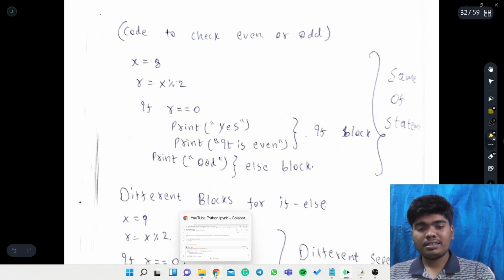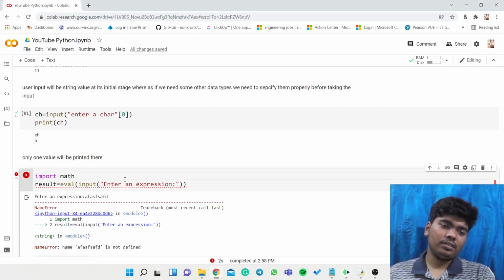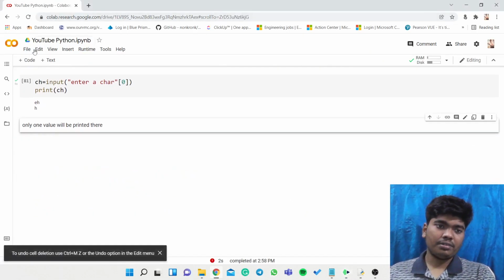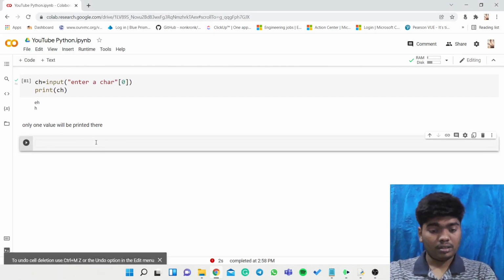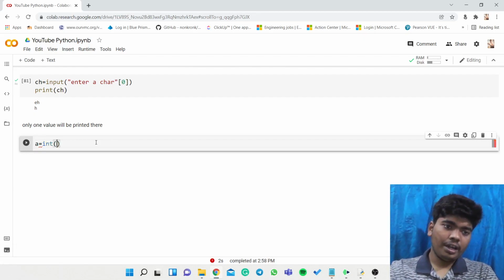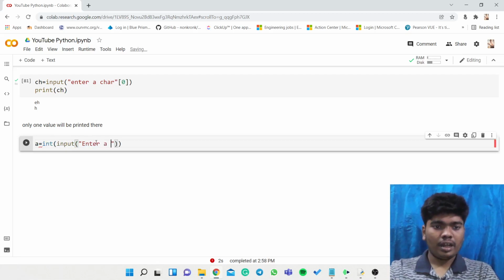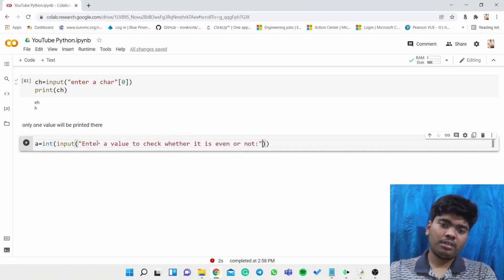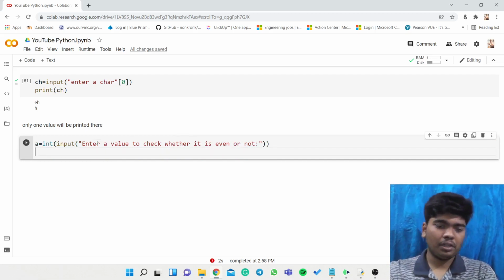Now we will try to execute some program. A is equal to int of input, enter a value to check whether it is even or not. I am trying to check whether the value is even or not.